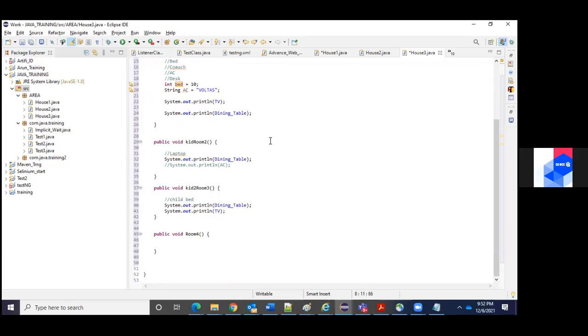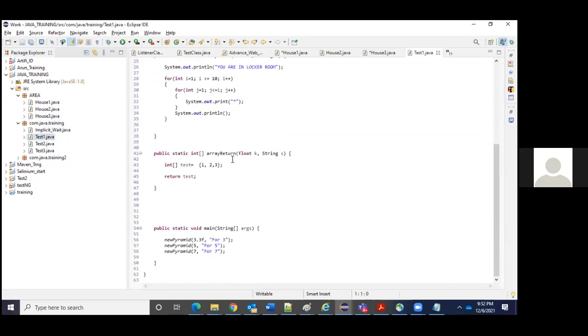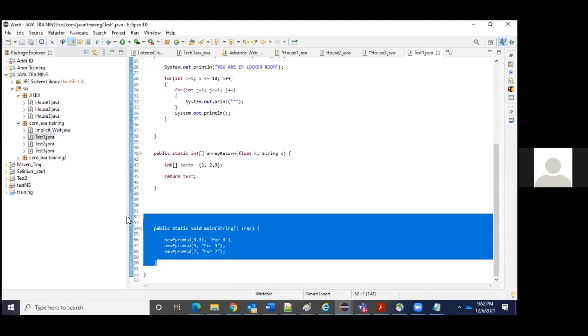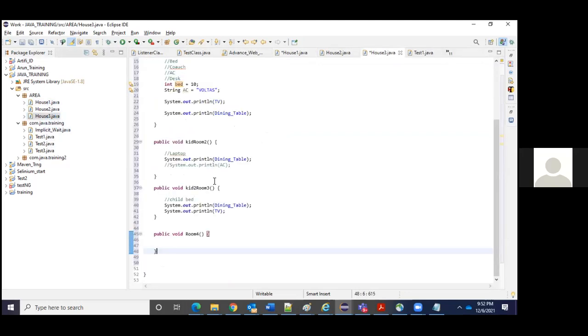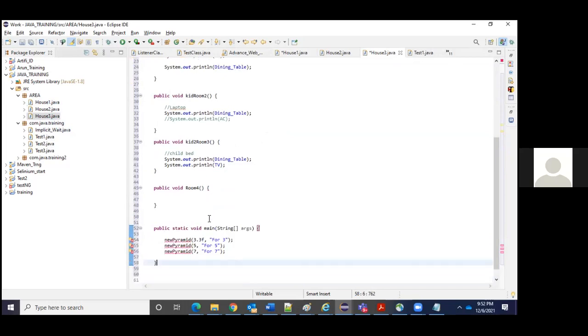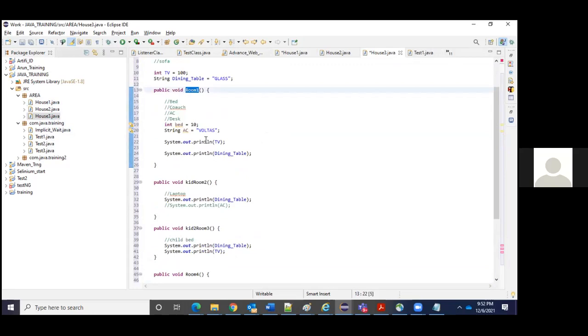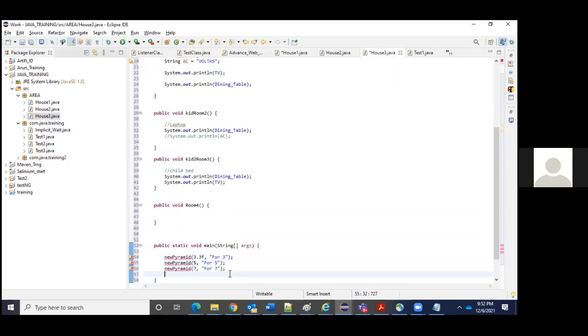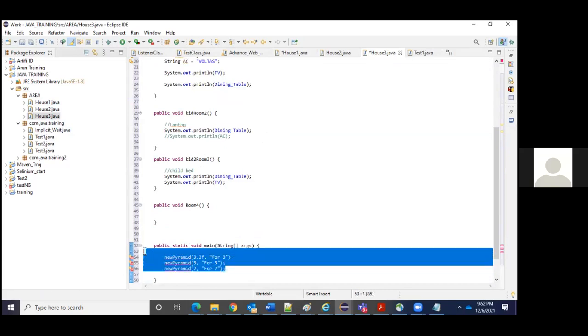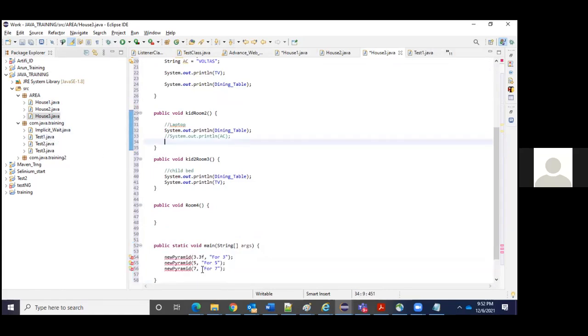Before going to that, I just want to execute and show you the output of it. If I take this example itself, it's okay.